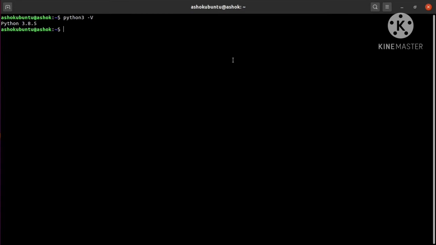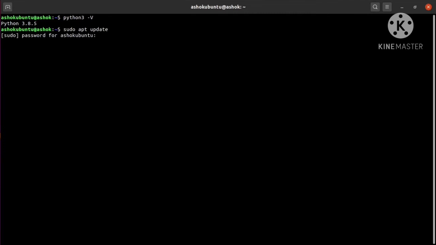If you don't have Python, you need to install it with this command. First you need to update the packages and repositories, so give sudo apt update.